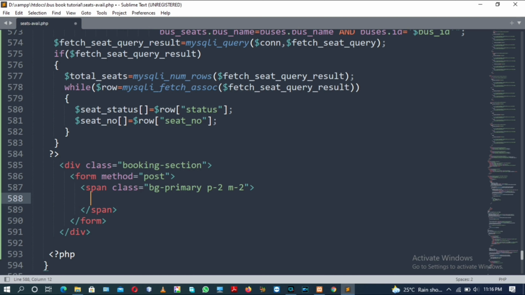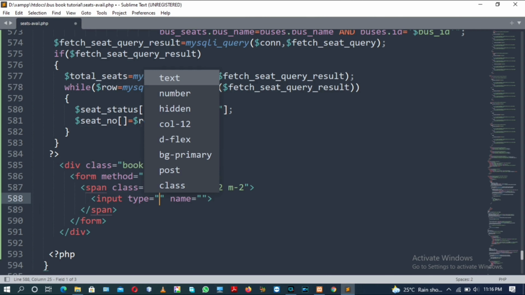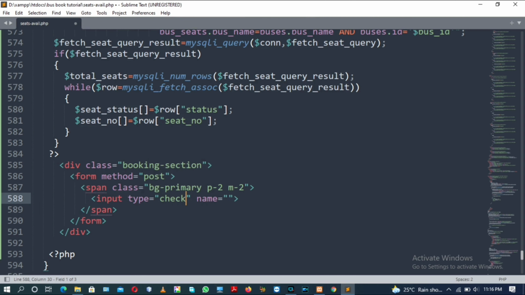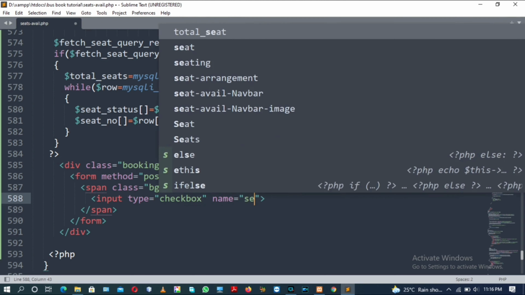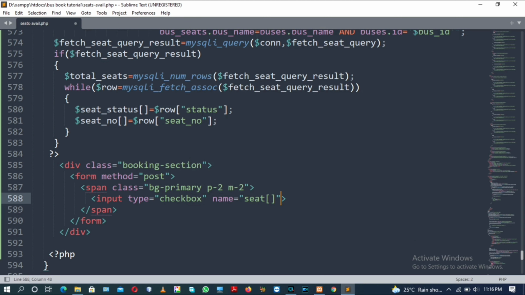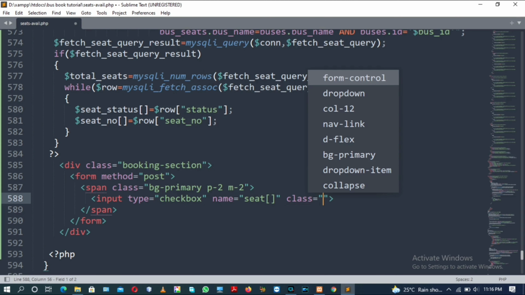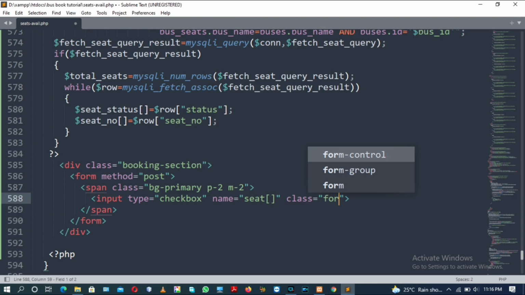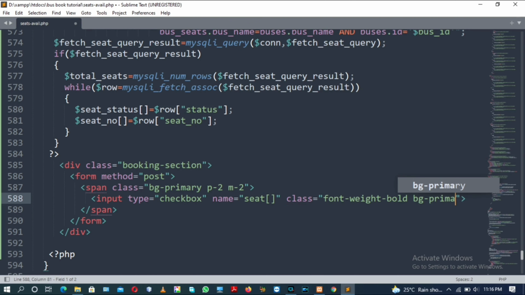Now we will have an input tag after the span tag with the type attribute checkbox. Sorry for my typing mistake. And the name will be seat as an array, and the class will be font weight bold, bg primary and text light.